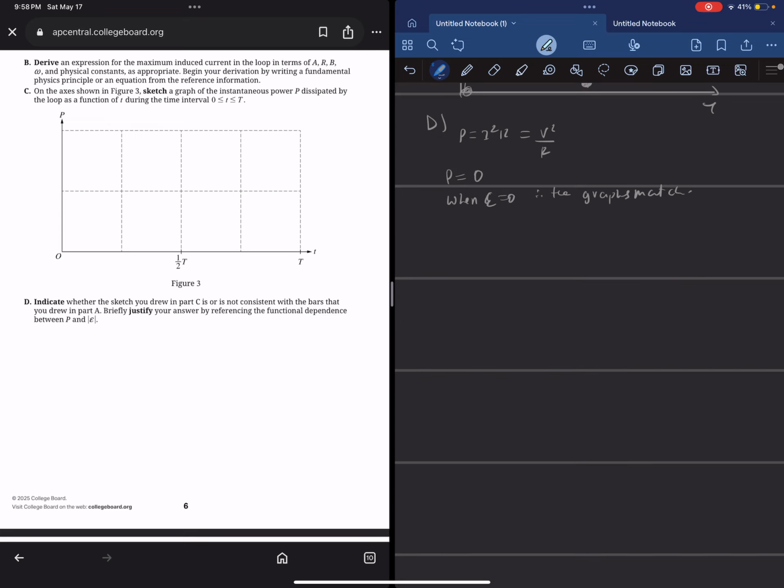I mean, of course you're going to write a more detailed expression, but it's like a